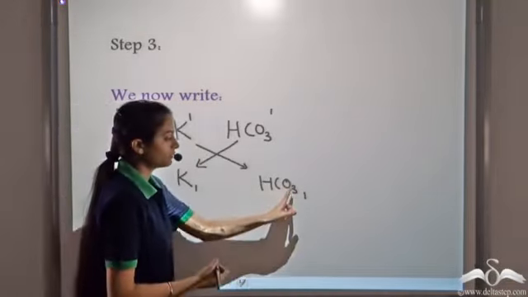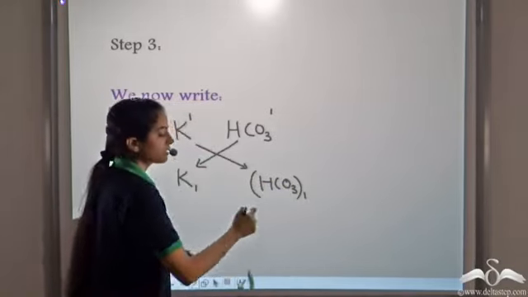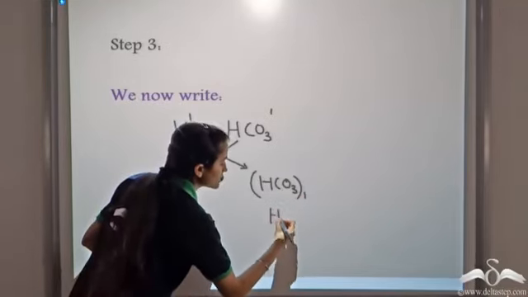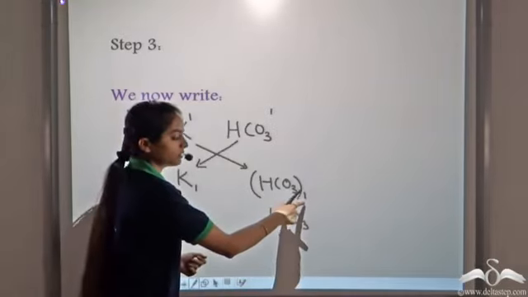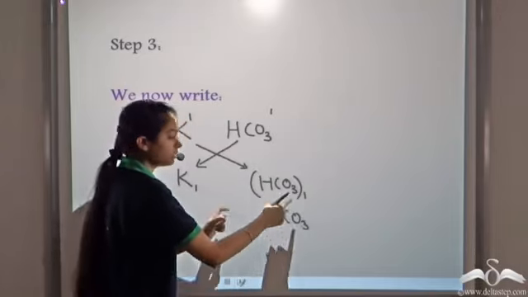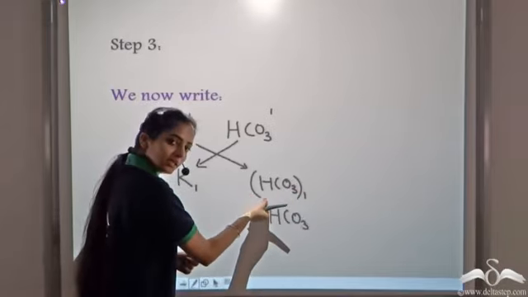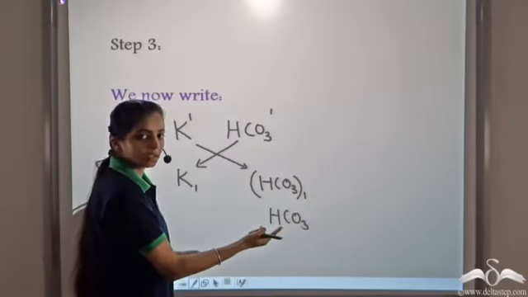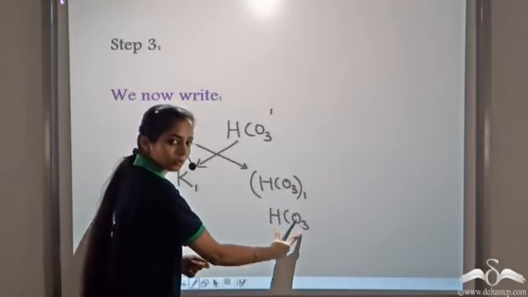We know when we have a radical, we enclose it within brackets. But since this is 1, which can be neglected, even if we write HCO3 it's right. Had we received 2 or 3 atoms over here, then this becomes a problem and we have to enclose it within brackets, because that 2 or 3 can be confused with any number. That is when we have to enclose it within brackets. Since we do not write 1, it can be neglected, so we can write it within brackets, or simply without brackets.